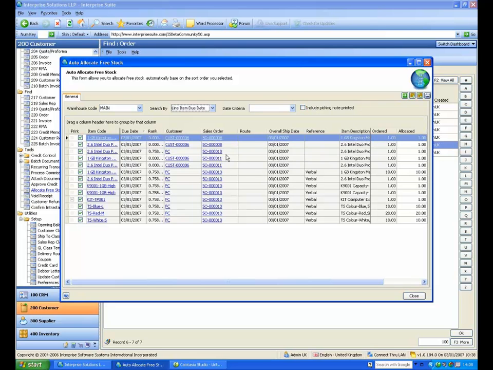So this routine lists all the outstanding orders, item lines, and says that's how many were ordered and that's how many are allocated. And remember, in our preferences, we'd specify ignore stock levels. So my buttons here, like deallocate, will zero the allocation, but when I say reallocate, it'll just put the same number in because it's ignoring the stock levels. If it wasn't ignoring the stock levels, then it would say, right, how much free stock have we got, and go from the top down. And the nice thing about this is that